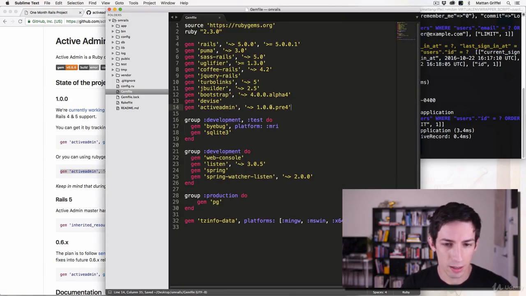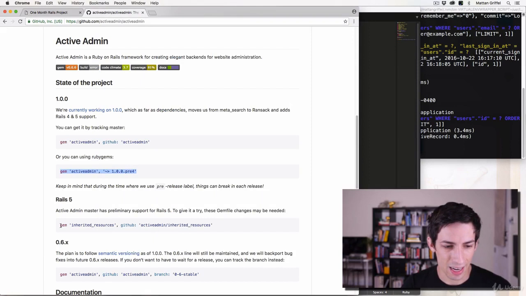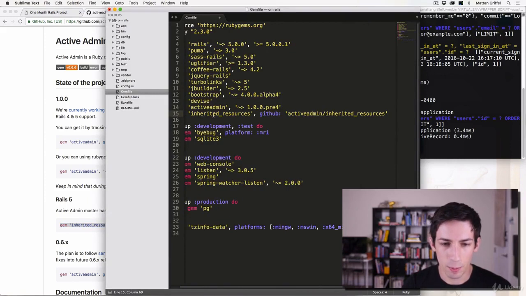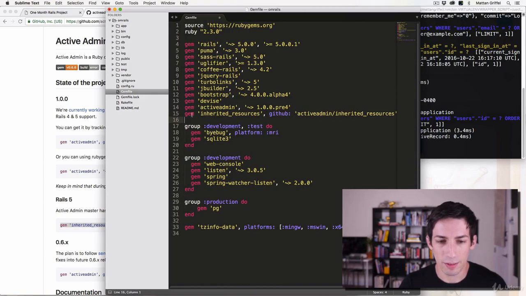So this line will also need this line right here, because this gem is sort of ready for Rails 5, but not quite there. So you have to do a little bit of customization by adding this gem as well. ActiveAdmin depends on a gem called Inherited Resources, but Inherited Resources is not fully ready for Rails 5, so you have to get this version from the GitHub profile. At some point in the future, this should get updated, and you won't need to put this line in here, but we need it for now. And I could save those, and then